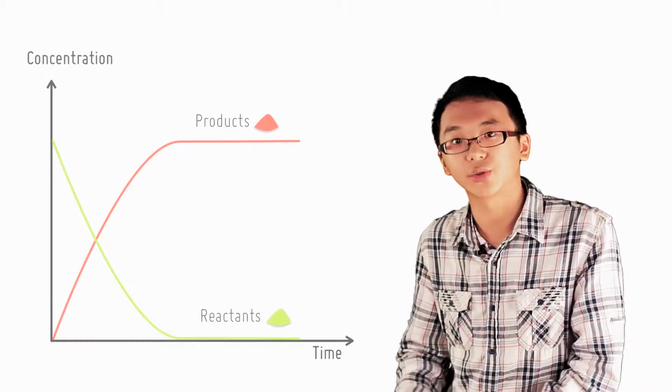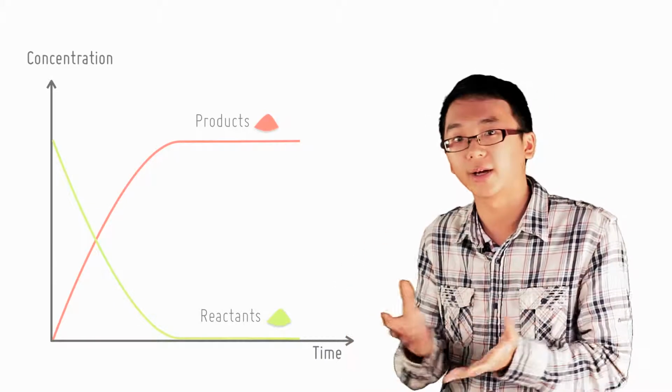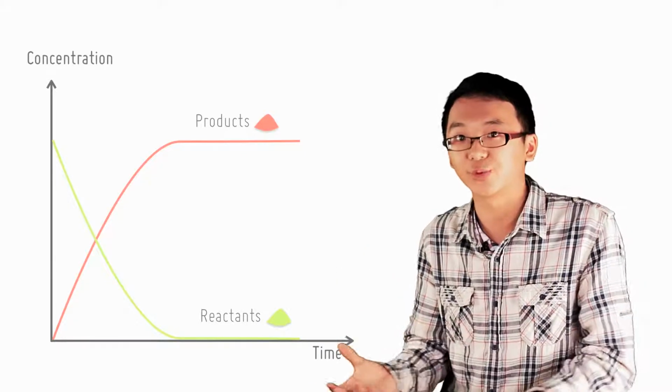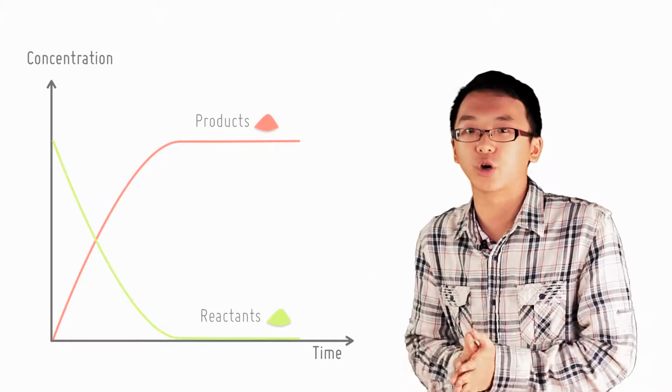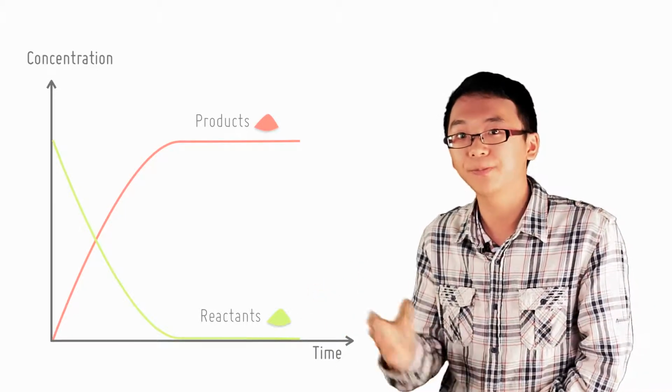For reactants or substrates, since the production of the products means a consumption of the substrate, it would make sense for the graph to look like this. So if you're ever prompted to draw a graph of products or reactants against time, you know how to draw